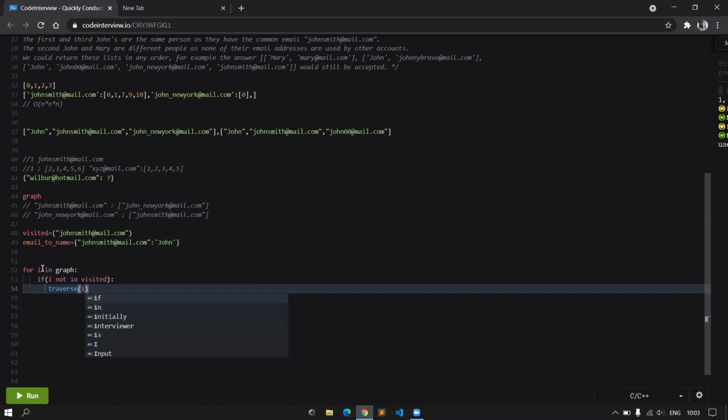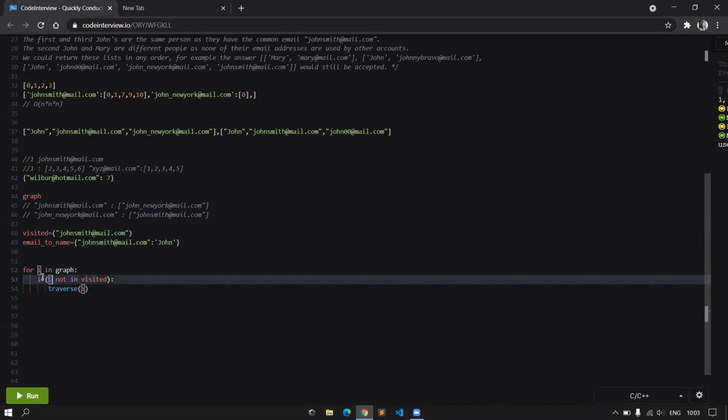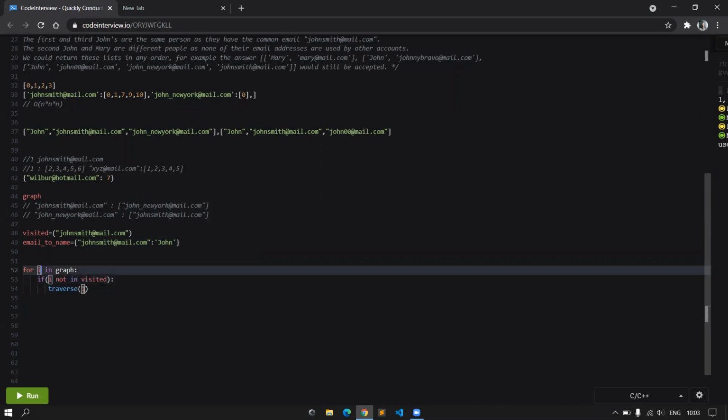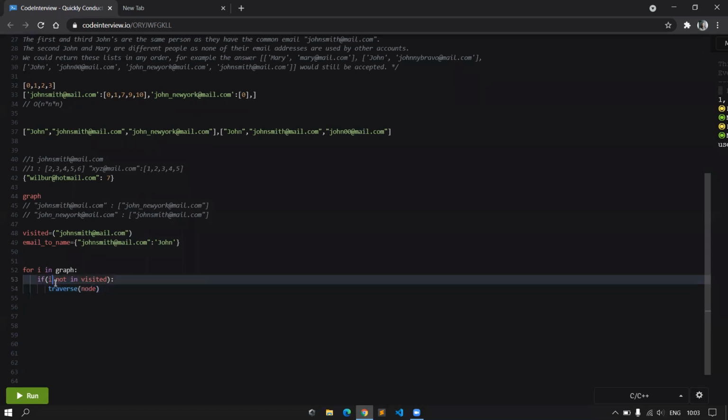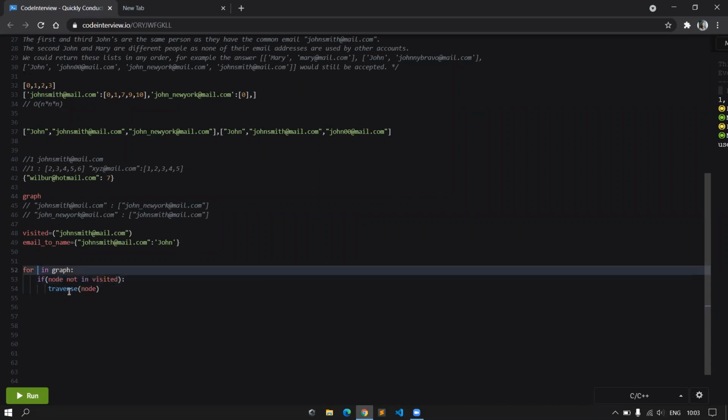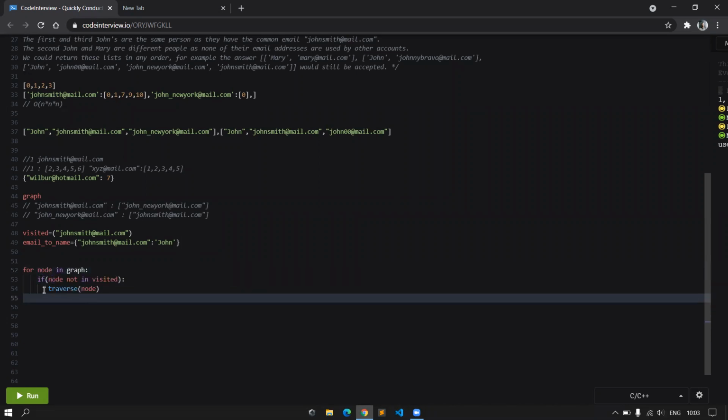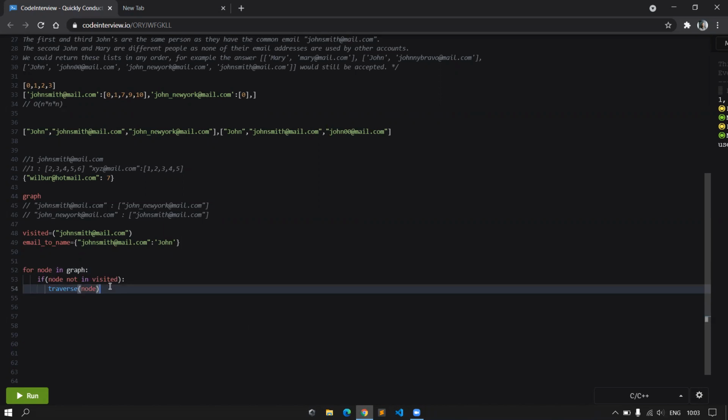So instead of taking I, I can take this as node. So this is my starting point of the traversal. And now I can just traverse the node. And in the traverse node, we will just go through each of the adjacent nodes of the particular current node.